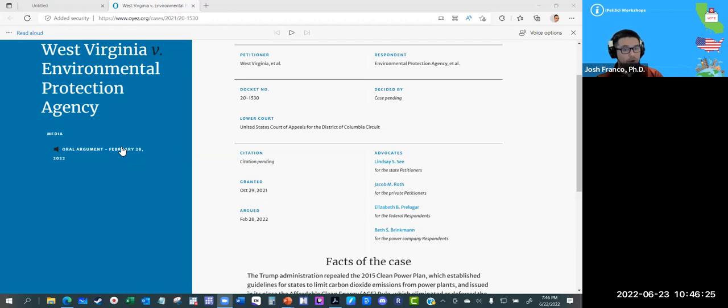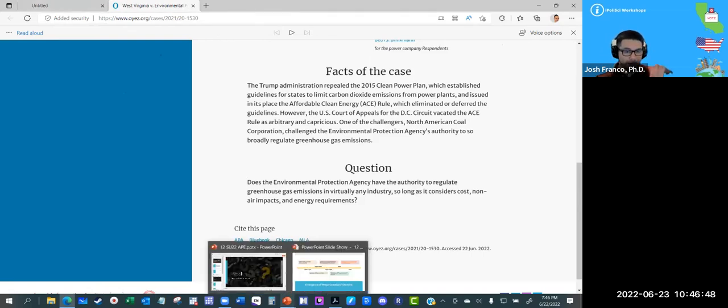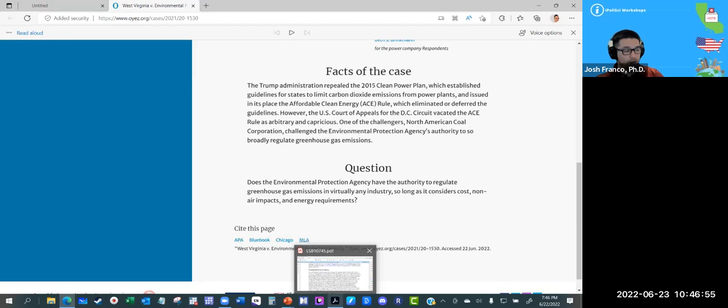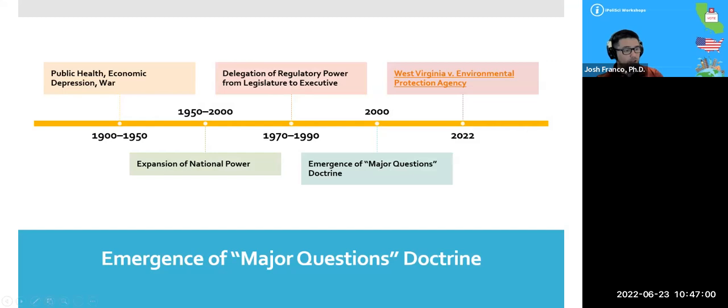So in this 2-hour session before the Supreme Court, each of these advocates spoke on the topic. So Lindsay C. is advocating that in West Virginia's case, West Virginia wants the Supreme Court to rule that the EPA does not have the authority to regulate greenhouse gas emissions in virtually any industry. So this is like into the weeds of what's going on with this broader concept of the major questions doctrine, and in the broader concept of the AP, or American political economy. So let's explore,